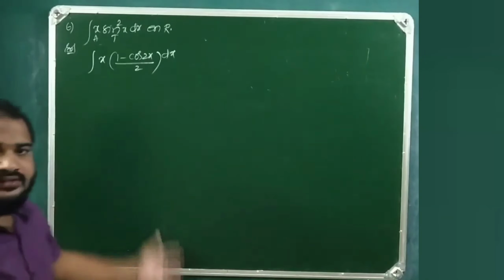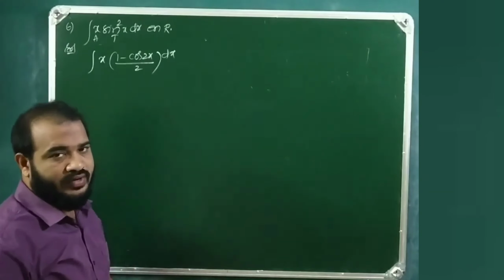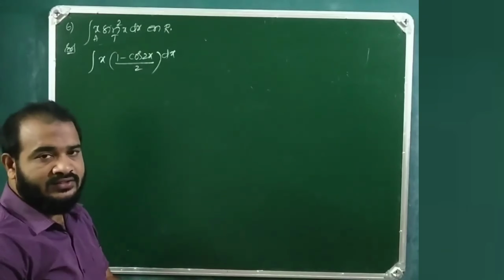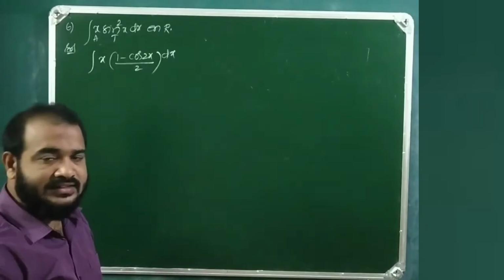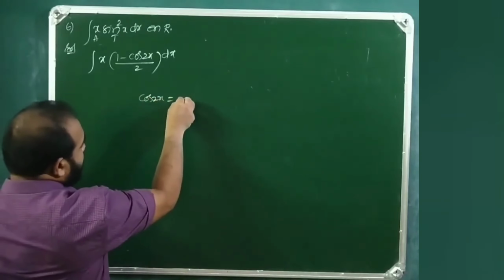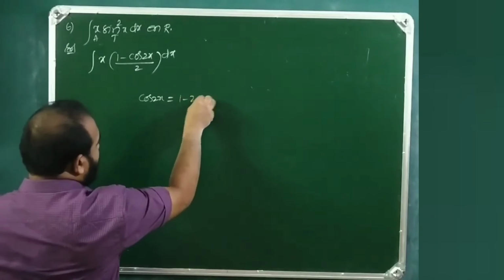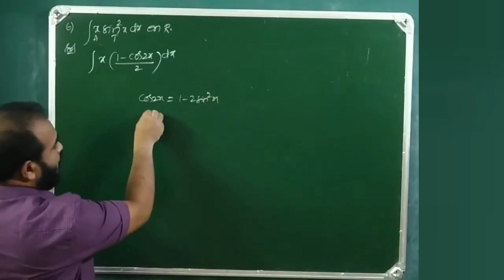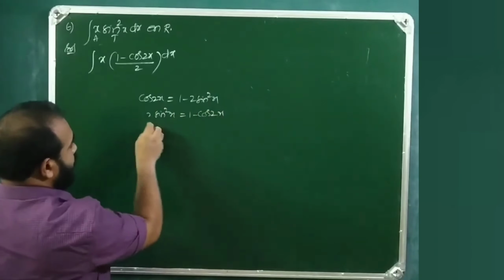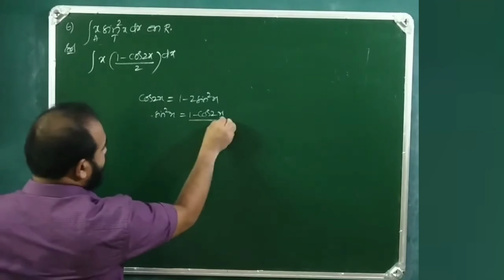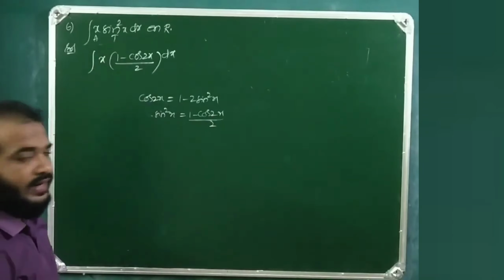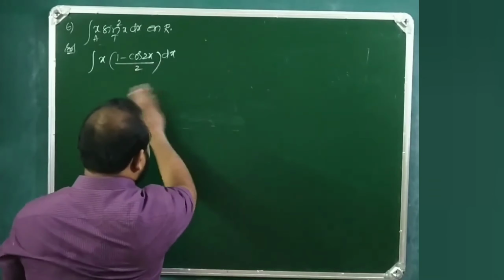So, cos 2x has got 4 formulae: cos square x minus sin square x, 2 cos square x minus 1, 1 minus 2 sin square x, or 1 minus tan square x by 1 plus tan square x. So, cos 2x is equal to, one of the formulae is 1 minus 2 sin square x. So 2 sin square x is equal to 1 minus cos 2x. So this 2 is multiplying, it will be dividing. So sin square x can be written as 1 minus cos 2x by 2. So this is equal to